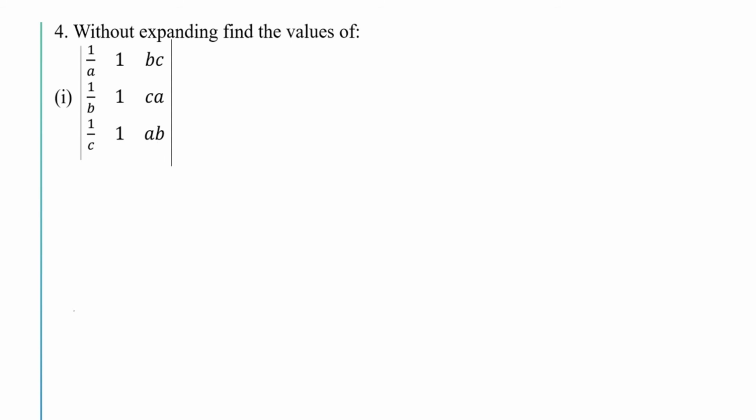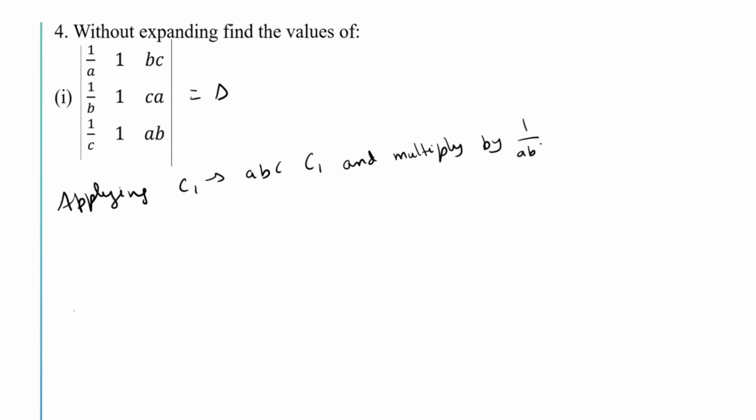Let us take this as equal to delta, and applying C1 changing to abc into C1 and multiplying by 1/abc, we get delta is equal to 1/abc into